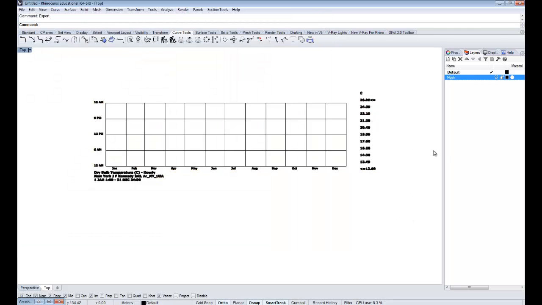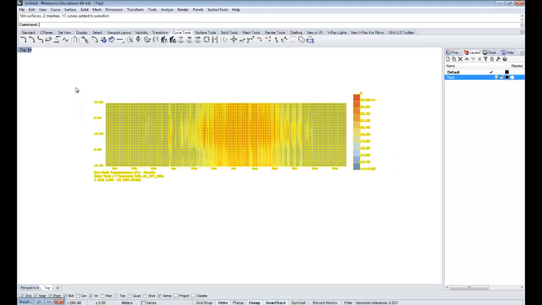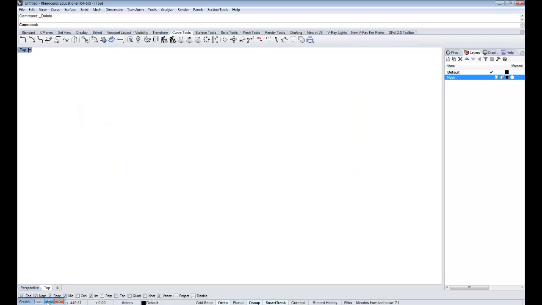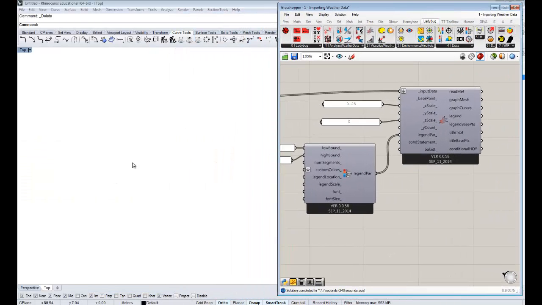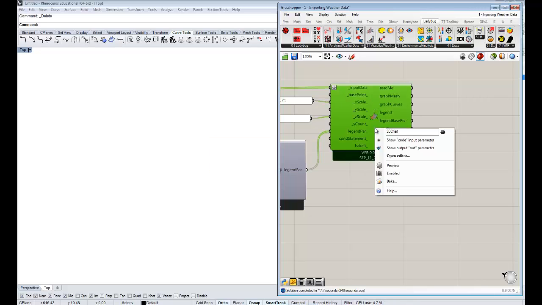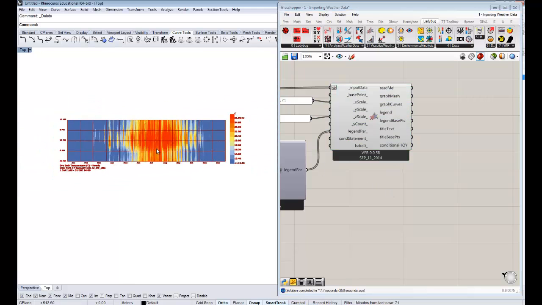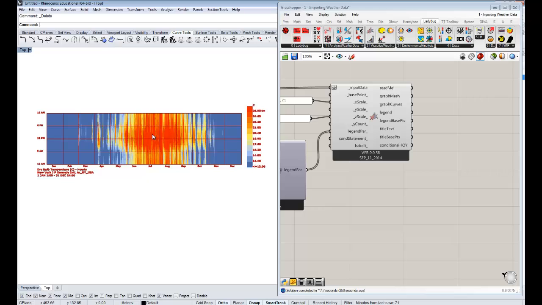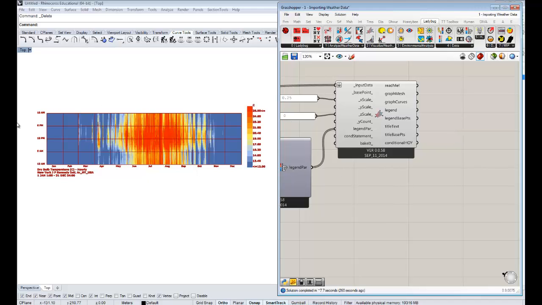I'm going to delete all this from the Rhino interface for now, because there's even more stuff that you can adjust in the Grasshopper interface that we haven't covered yet. That's just to show you what you can do afterwards. I'm going to turn the preview back on the 3D chart by right-clicking and going to preview again. All right, so we've got our chart back. And I'll show you quickly, you don't necessarily need to export to Illustrator to have something useful here; sometimes you can just take a